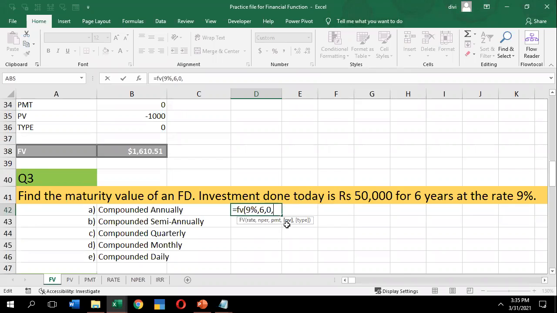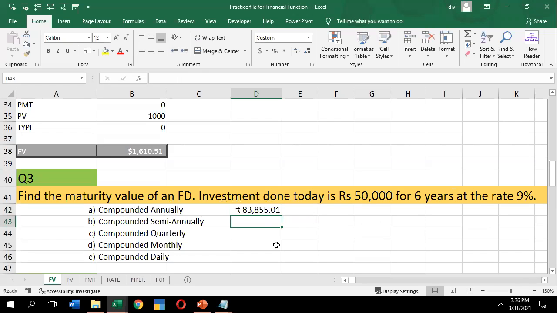Present value: it is 50,000, so I need to enter minus 50,000, comma. Beginning or ending? I want the ending of the period, since it is compounded annually, so the type is 0, my value. Close the parenthesis, enter.